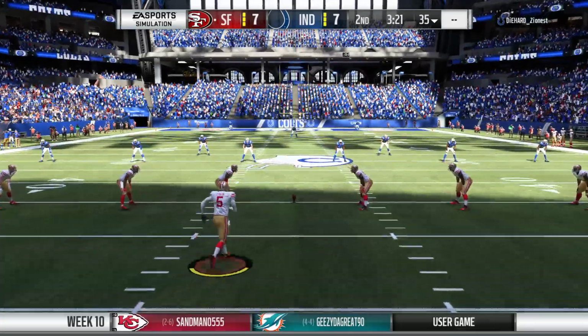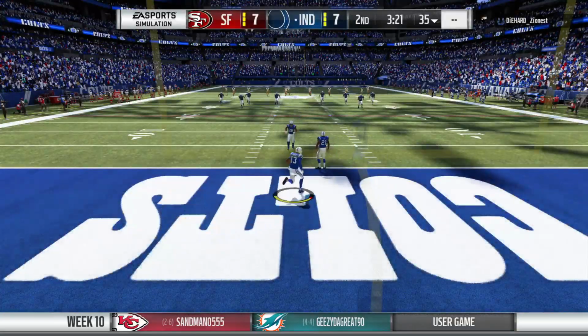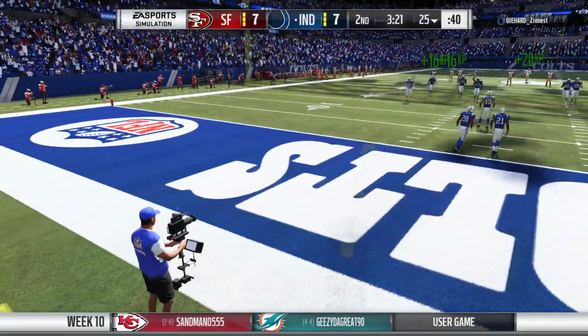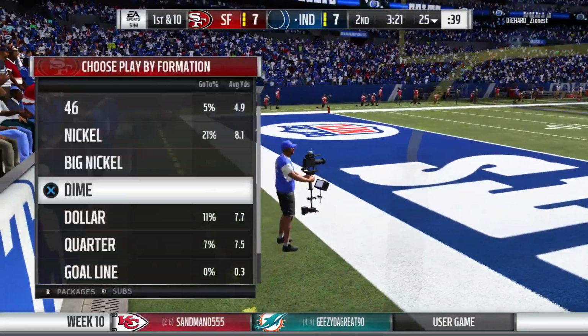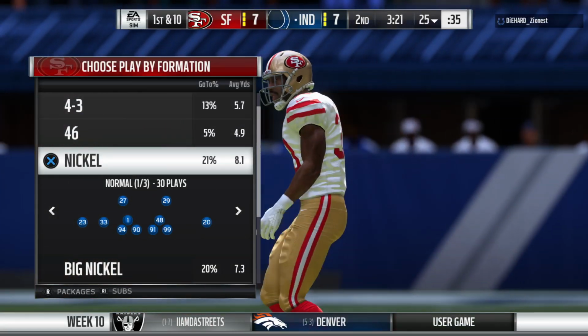So we're right back where we started, all even as the kick's away. And this will not be returnable. It's out of the back of the end zone for a touchback. The Colts offensive unit ready to see what